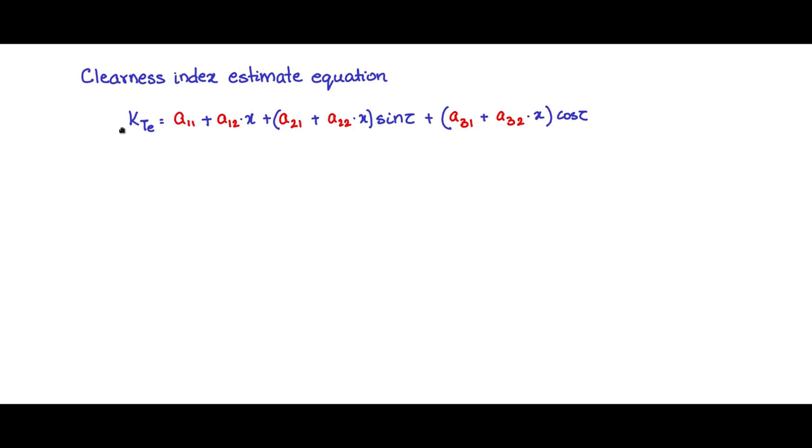So this becomes the estimate equation, and you can save it and keep it in one place or put it as a script file in a program like MATLAB or Octave, and then use it for finding out the clearness index at any latitude by substituting it for x and computing the value through this estimate equation. And the latitude value that you use need not be the one for which the measurement data has been made available. It could be any other latitude within the neighborhood